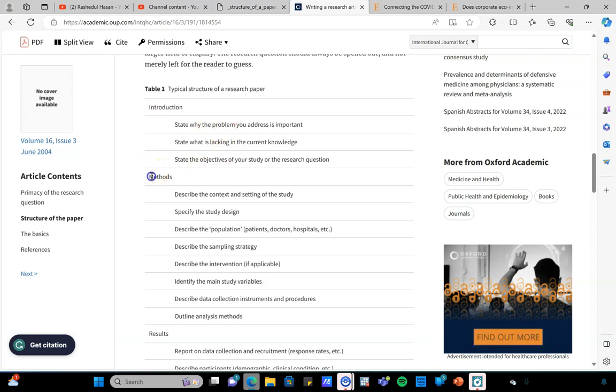Now, this paper did not mention it because, as I mentioned, different journals use different techniques. Most of the time, after the introduction, there will be a literature review where you provide a critical analysis of past research that is relevant to your current agenda. Then you reflect on what they have found and how they missed a few things, which creates a gap that helps you justify conducting this research, which can reduce those gaps. So after the introduction, it is nowadays very common to have a literature review section